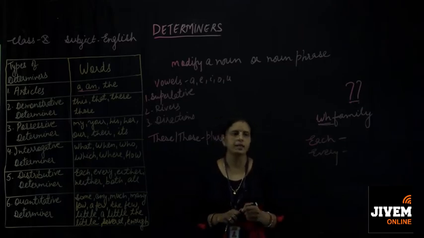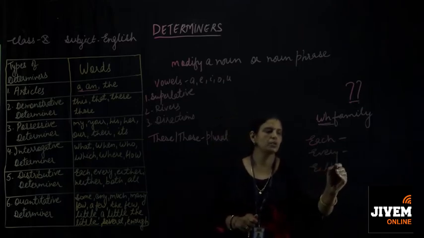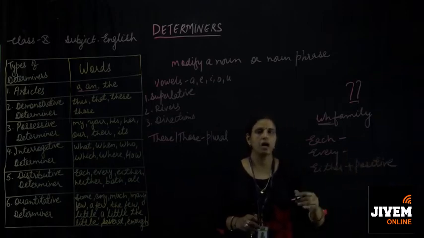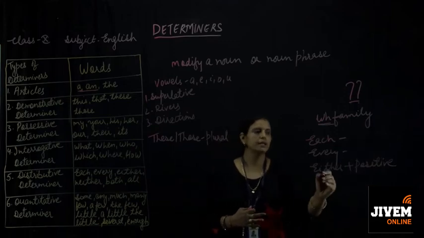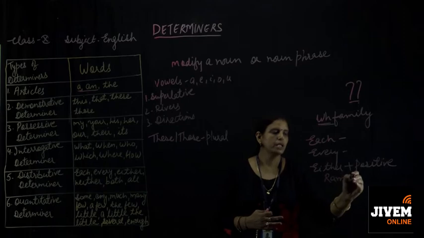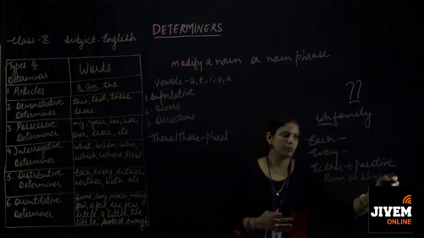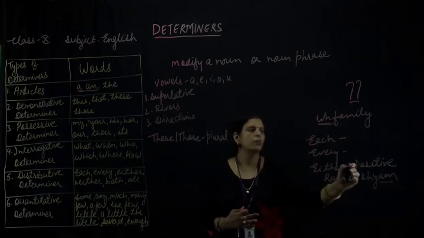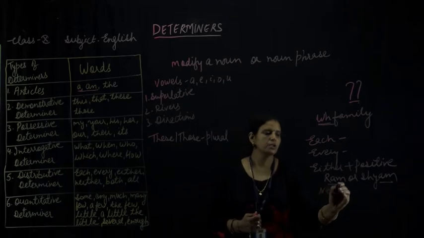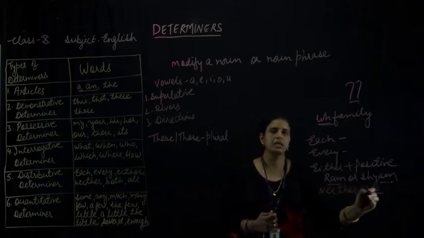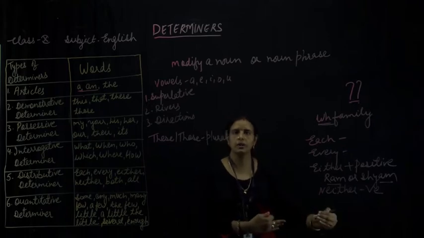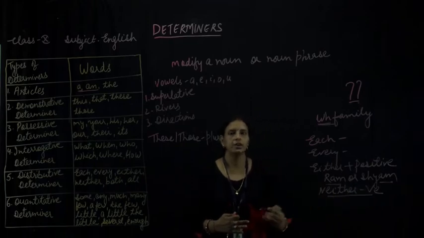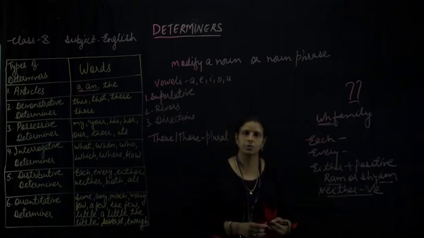Okay, then either and neither. What do you mean by either and neither? Either shows the positive response. Suppose I am saying that either Ram or Shyam is present today, it means that Ram or Shyam is present today. It shows that yes, either Ram or Shyam, means any one of both of them, anyone is present, means it shows the positive statement. And neither shows the negativity. If I am saying that neither Mohan nor Sohan has broken the window, it means that the window has not been broken by any of the persons, neither Mohan nor Sohan has broken the window.